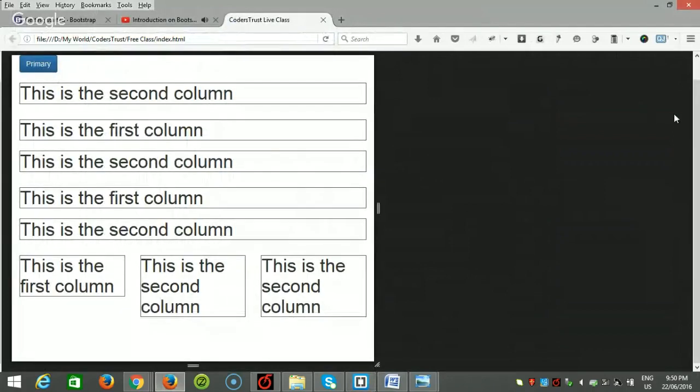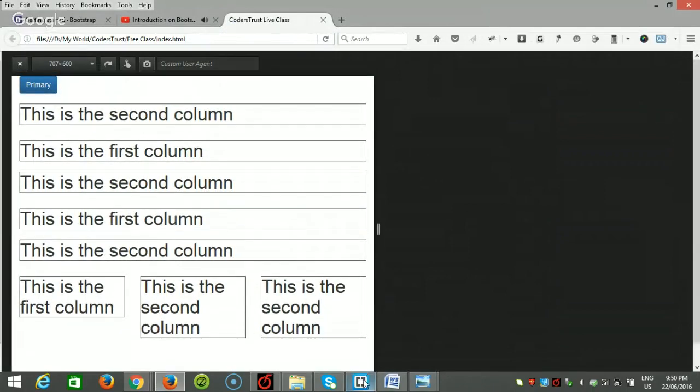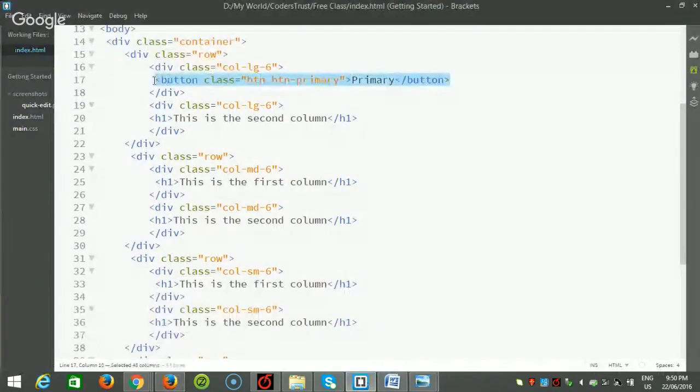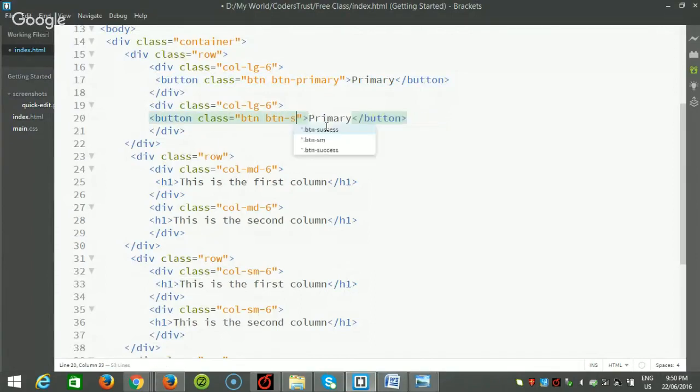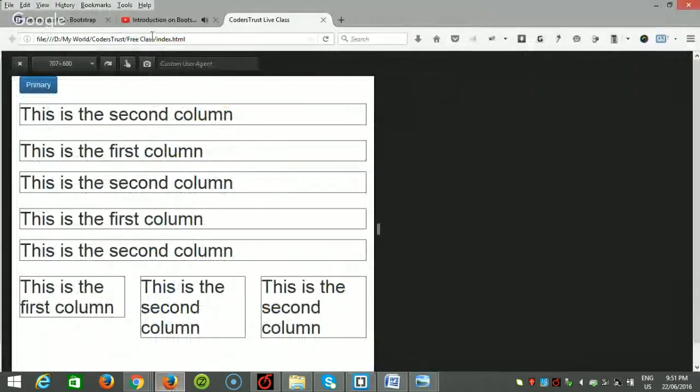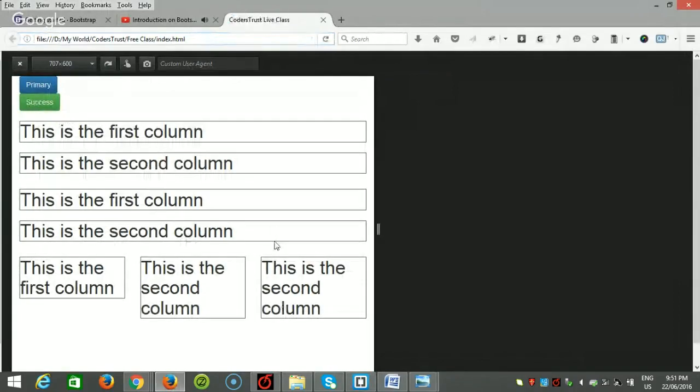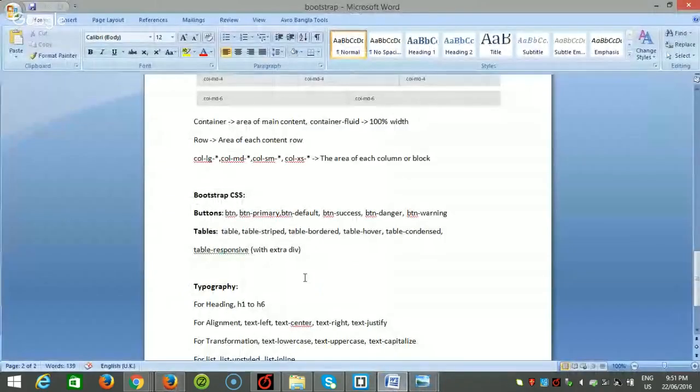You can see there is a primary button here. Also, there are others like success, danger, and success. Success button. There are some ready-made buttons that you can use here. Button success, danger, warning are actually the ones mostly used. But yes, you can still write your own CSS to make a custom button if you need something other than those